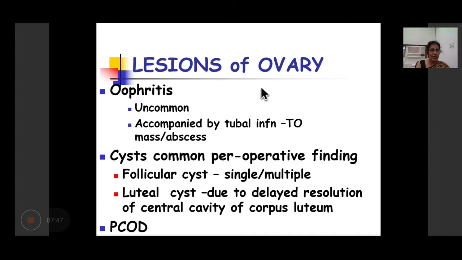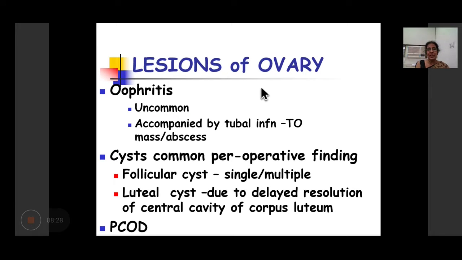This is an uncommon condition and can usually occur either by the hematogenous spread of a systemic infection when bacteremia has occurred, or as part of an ascending infection of the fallopian tube. Ascending infection reaches the fallopian tube through the endometrium, from where it reaches through the cervix. So an infection of the vagina, when neglected, can go on to cervicitis, and to endometritis, and so that acute inflammation of the endometrium can lead on to pus discharging and bacteria going into the fallopian tube, leading on to salpingitis, and then forming the oophoritis called salpingo-oophoritis.